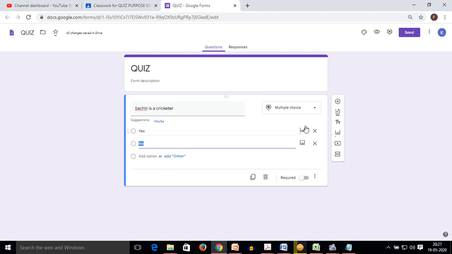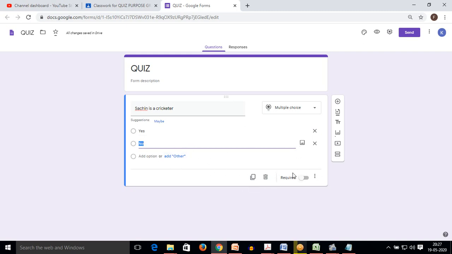We can also include some images, and I can ask whether this particular cricketer is Sachin or not. So this is completely user desired, how he wants to display his questions in the quiz section.